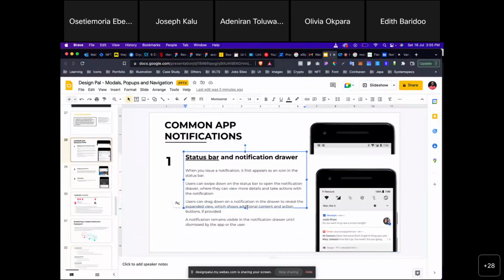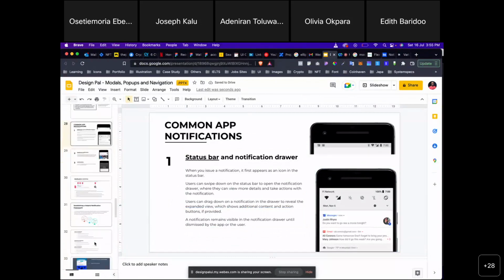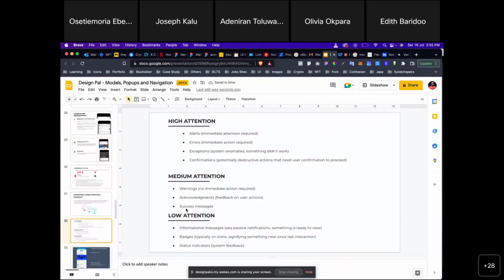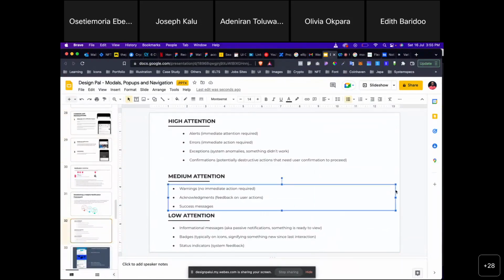You could be filling a form and then you get an error that the form you're filling is not correct. That is a notification as well. Okay, so this thing looks intertwined. It could be like an alert, a notification. Yes, anything that gives you information on an action you want to perform, an action already performed,